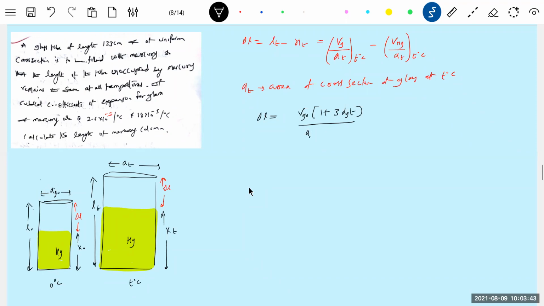Let me take uniform symbols. A G naught, minus volume of mercury. Volume of mercury will be, okay, this has to be V Hg naught, 1 plus 3 gamma Hg T. Let's see what all we can simplify. I think this will be simple by binomial expansion. I'll end up with this much, because what is Vg naught? Further you can write it as